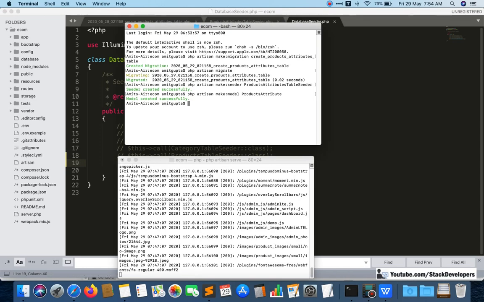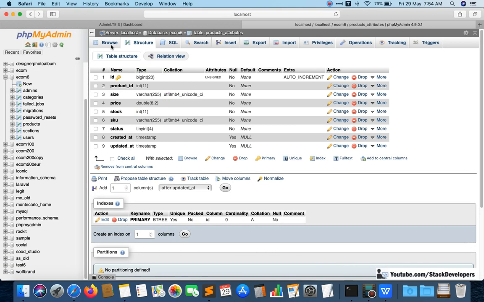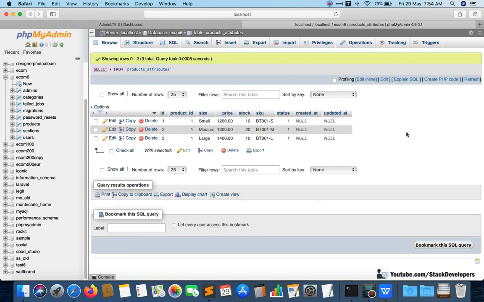PHP artisan db:seed, to run the seeder, to insert the data into our products_attributes table. So let's see, it has been done successfully, you can check. And I am going to now see the data has come up with the product ID, size, price, stock, SKU, and status. All the required data has been inserted in our products_attributes table, okay.